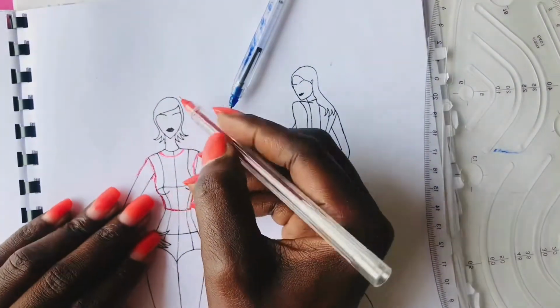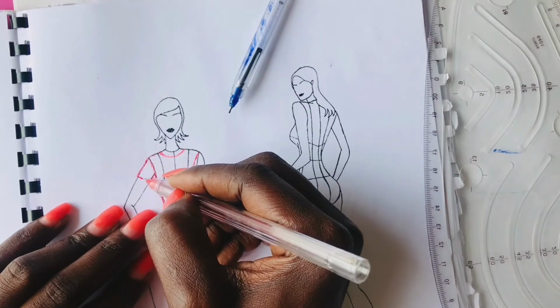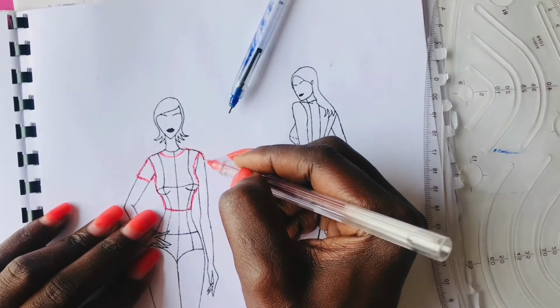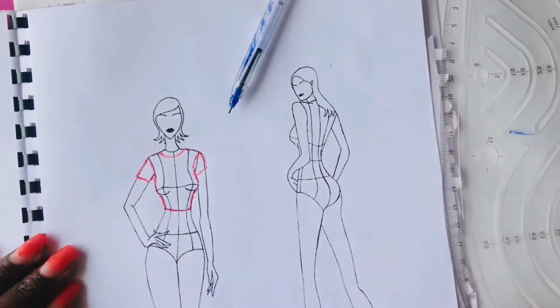This week I decided to do a normal sleeve block. So what I'm drawing for you is what I'm going to draft for you. So I'm doing a short sleeve,